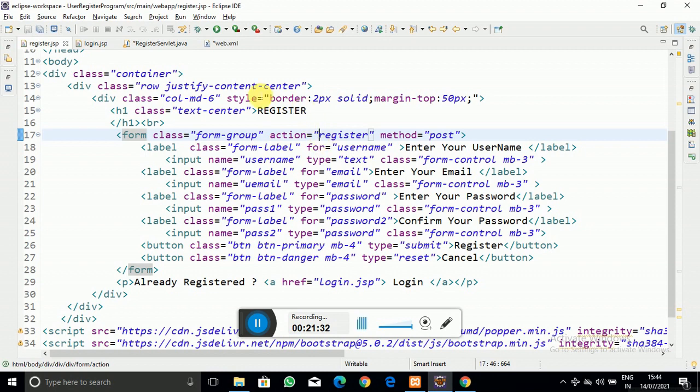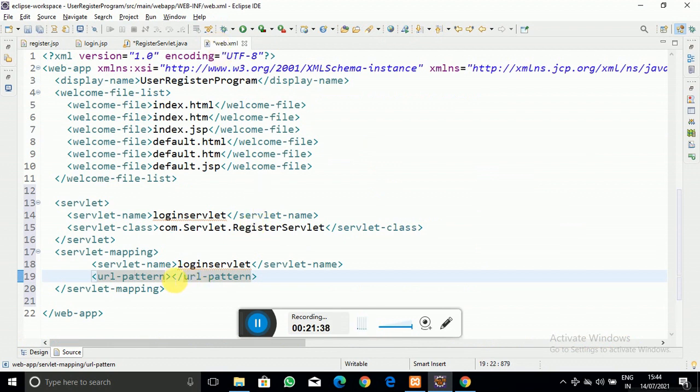So into the url pattern I have to write slash register, so that the servlet is deployed successfully. Slash register I have written, that is the url pattern that you have to write.